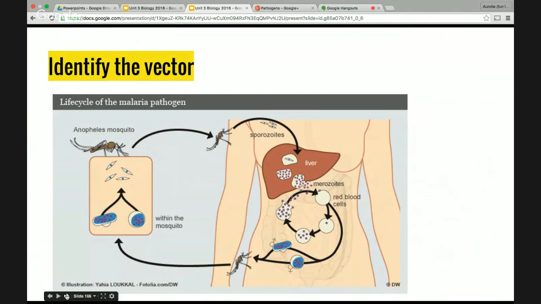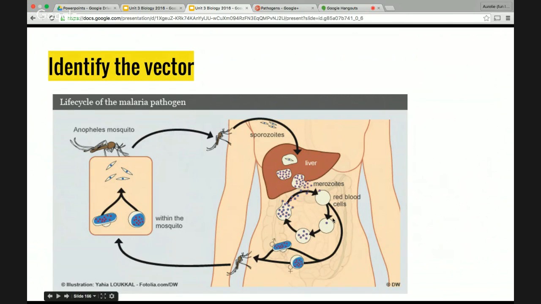Welcome back. This slide here is about identifying the vector in this scenario. What you've got here is a mosquito, and within the mosquito you've got the malaria-causing pathogen. If this mosquito bites a person, it transfers the pathogen across to the person in the form of sporozoites. Inside the body of the person, the sporozoites multiply,